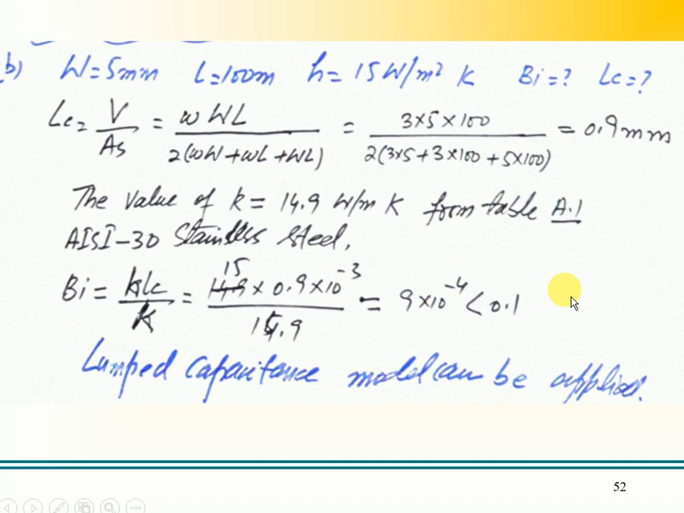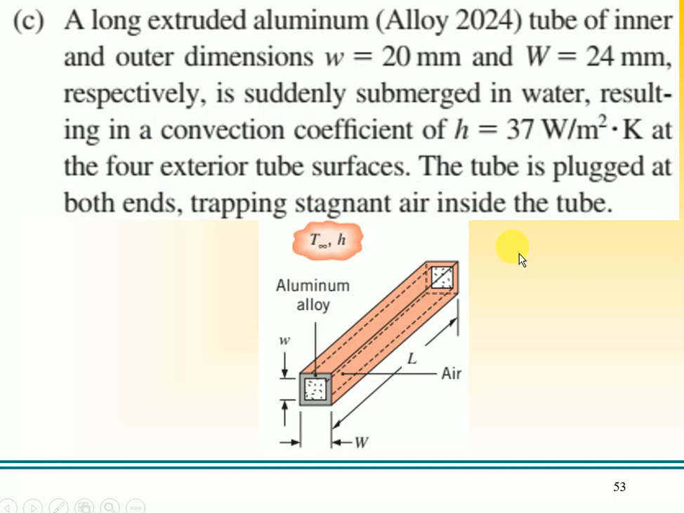So the challenging thing is that the volume and As should be taken correctly. The next question is a long extruded aluminium alloy 2024 tube, of inner dimension w of 20 millimeter and outer dimension W of 24 millimeter respectively. It is suddenly submerged in water, resulting in a convection coefficient h of 37 watt per meter square Kelvin at the 4 exterior tube surfaces. The tube is plugged at both ends, trapping stagnant air